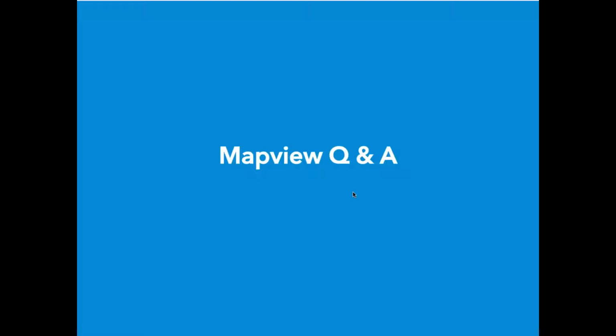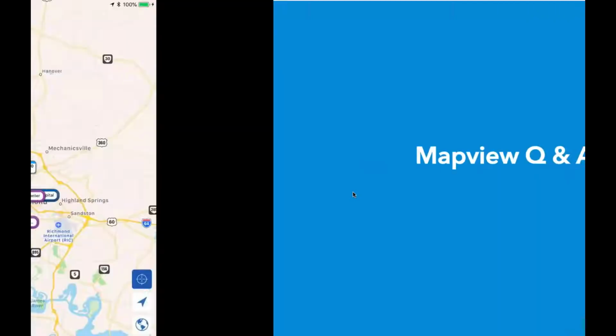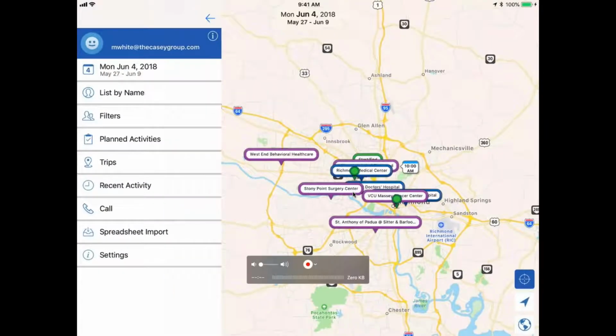So one of the things I'm starting to see, and Marianne, if you'd show where this would be in the app, is that some people would like to sync their contacts between two devices, like an iPhone and an iPad, and that is possible.